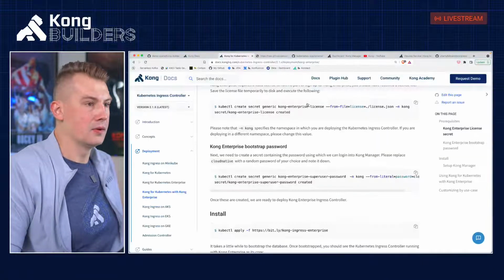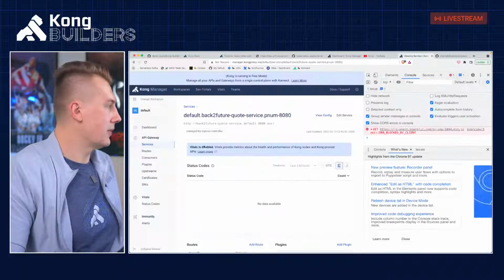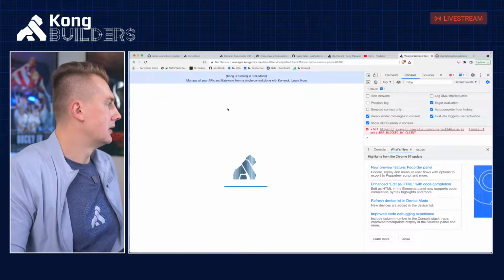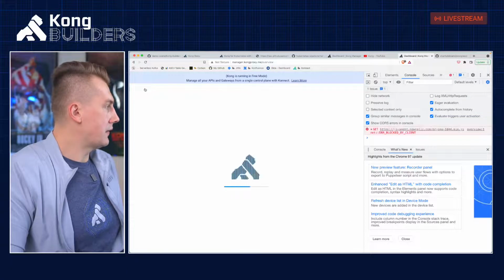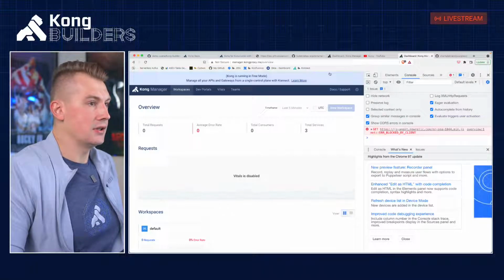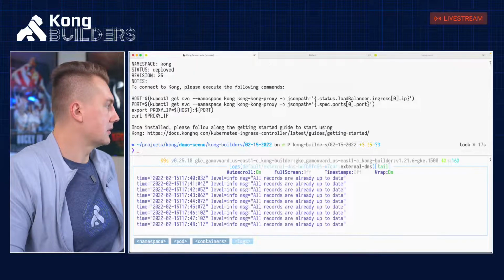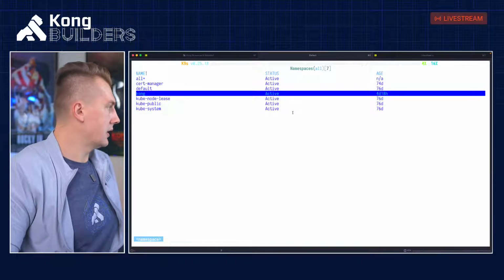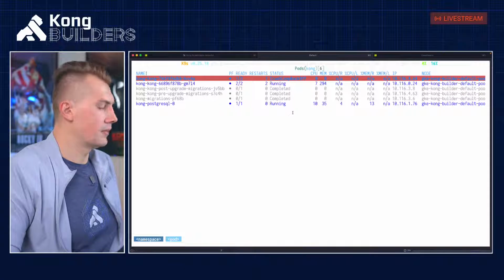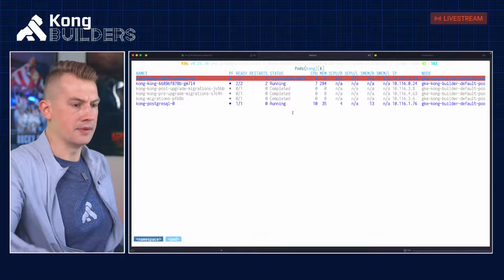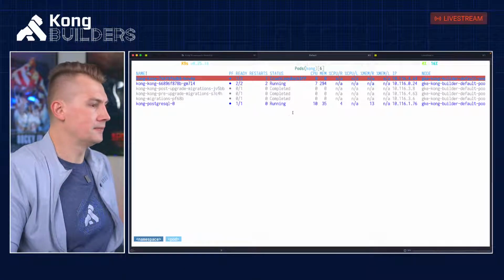And now, if I'm going back here, for now it still routes traffic to the previous installation. I don't believe it's successfully rolled yet. So let's see. It's going into crash loop back off, meaning that it's still getting in.